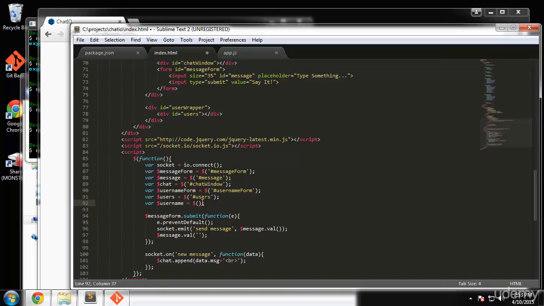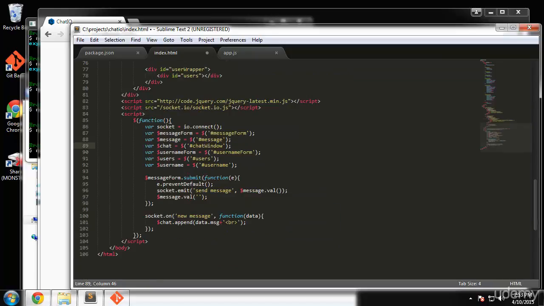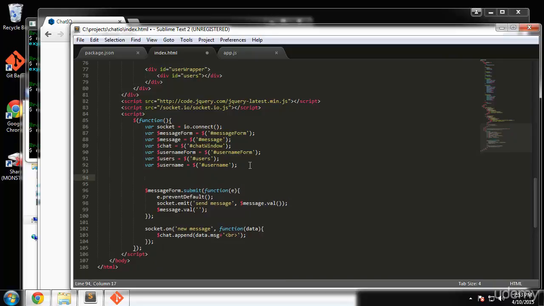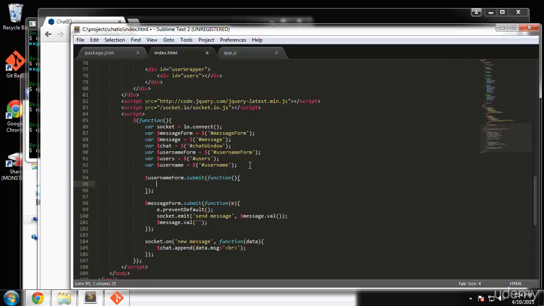Alright, and that's going to be set to ID username. So now we want to write a handler for the user form. So user form dot submit, and then we want a function. Okay, we'll pass that function an event,